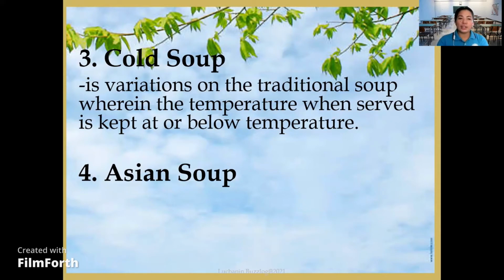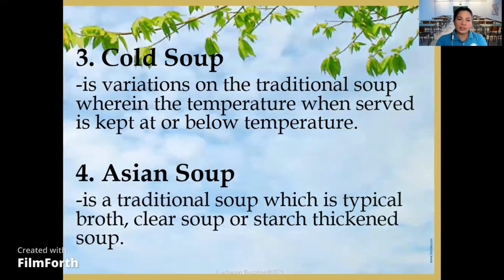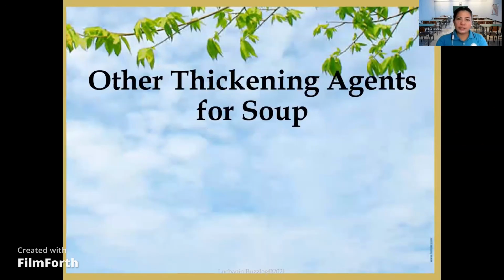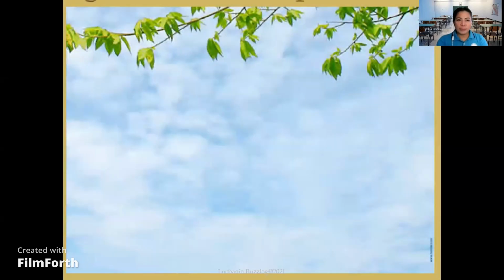And the Asian soup, sorry. Okay. So the Asian soup is a traditional soup which is typically a broth, and the clear soup or starch chicken soup. The other thickening agents for soups are tulad ng rice, flour, grain, and cornstarch. So ito yung mga thickening agents para mag-thicken yung soup mo. We have also the